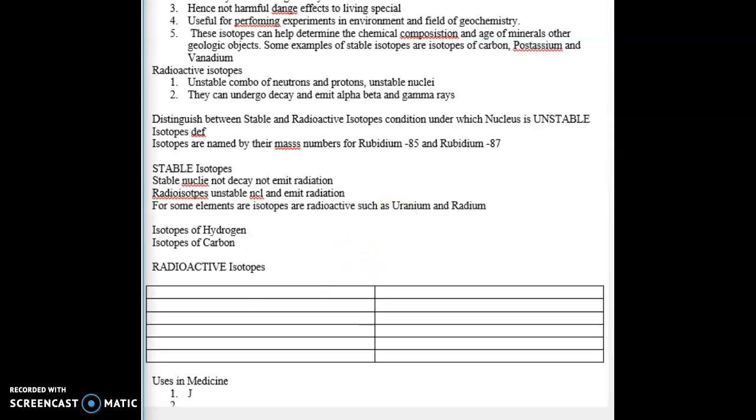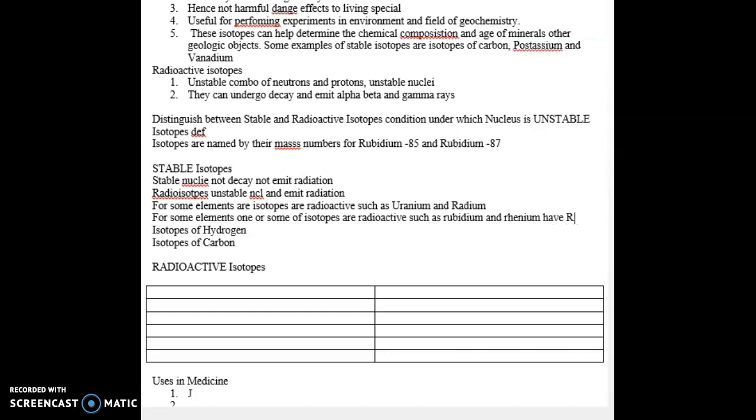For other elements, 1 or 2 isotopes are radioactive, such as rubidium and ruthenium, which